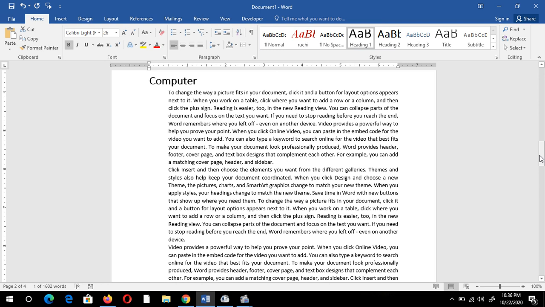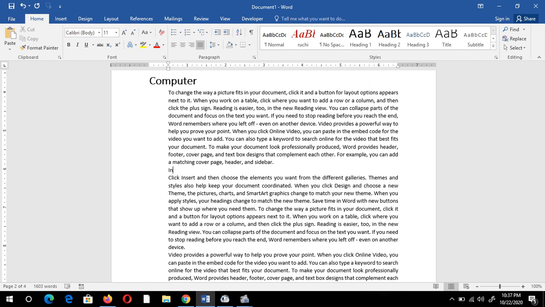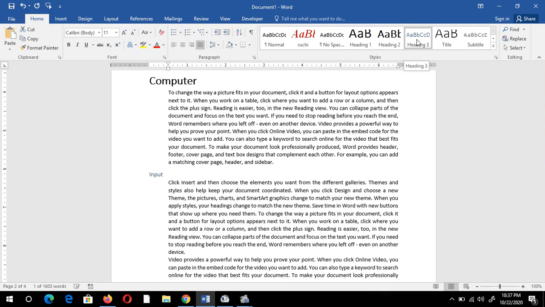Now suppose I want to write under computer. Suppose this is input, and I need to give it a subtitle, that is, under computer. You can see there is the option Heading 3.